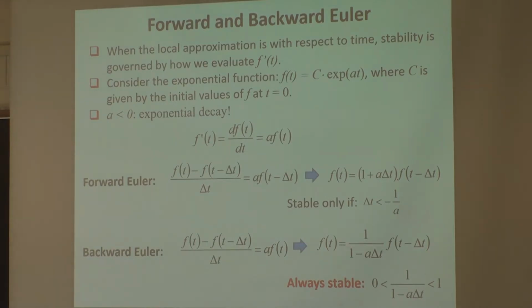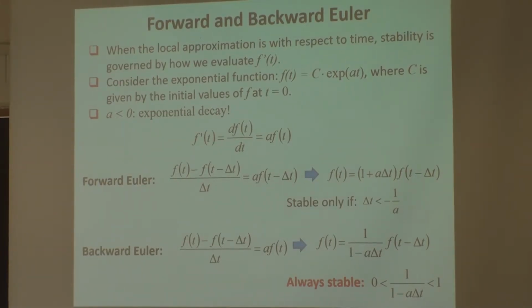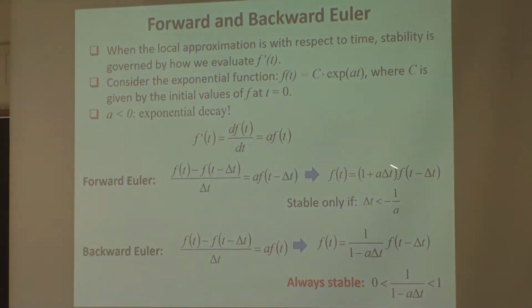And your time progression is not a surprise. It's a geometrical series. Exponential function is a geometrical series. You know that, a geometrical series approximating exponential functions. So not a surprise. If you progress in time, each time step you multiply by this, and then you get your next estimate. And you will find that this one can only become smaller when this is satisfied. And as long as a is less than 0, the backward Euler is always stable.